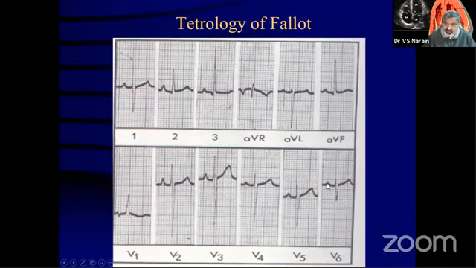The P wave is generally not tall and peaked; it is small and peaked. Why? Because the left atrial portion is small. The P wave is made by the right as well as the left atrium, and since the left atrium is underfilled, it does not contribute so much to the production of the P wave. The P wave is slightly peaked and the second part is small. So you have that kind.